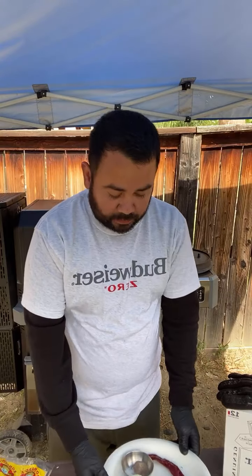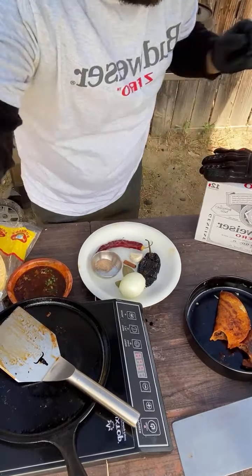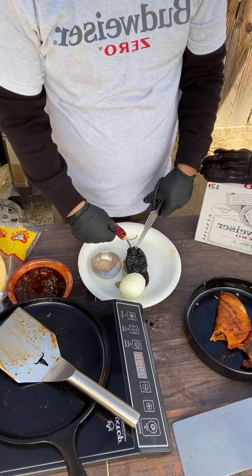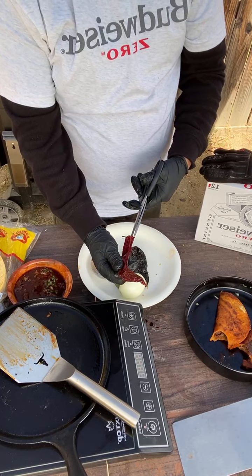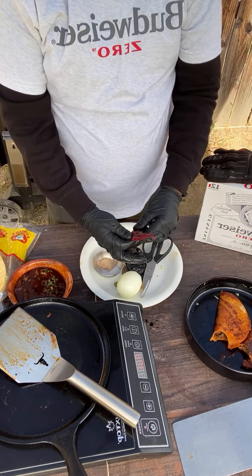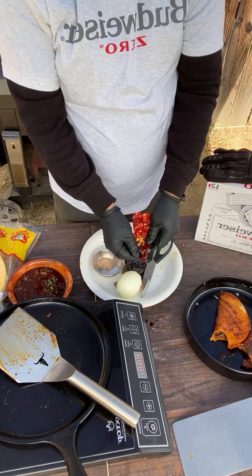And the easiest way, I'm gonna show you guys. I don't know if you guys can see that right there. So get some kitchen scissors. You want to just cut the tail, and then you're gonna go ahead and cut the chili. See, it's so much easier like this. I try to do it with my fingers only, and no, it's not gonna work. So you just end up tearing the whole chili up. See, so just like that,